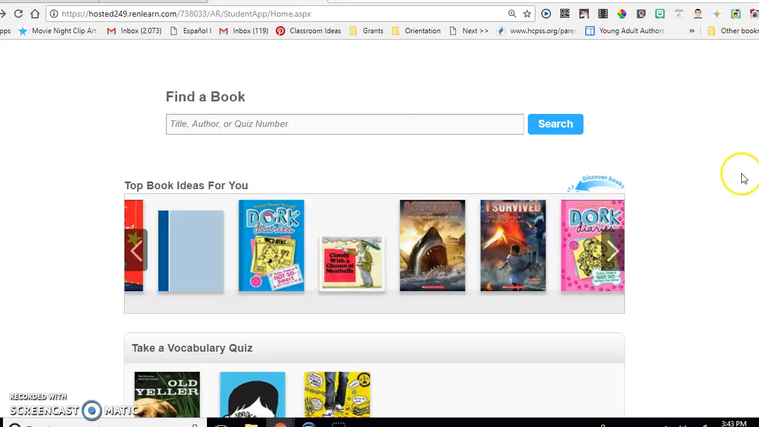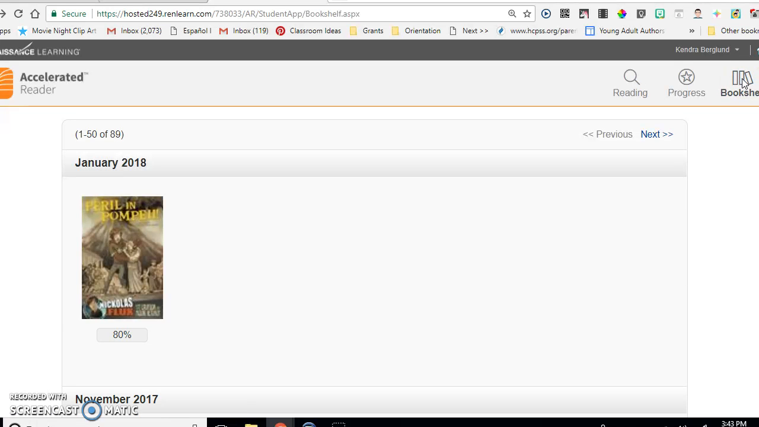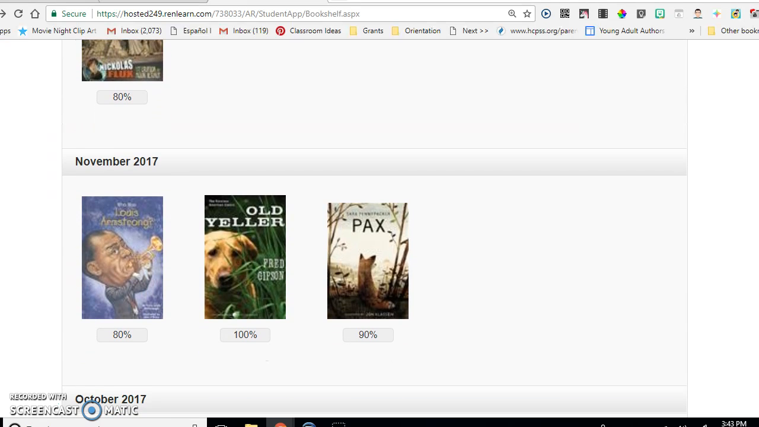I'm going to look in here next, and I'm going to click on the bookshelf. When I do that, I can see the most recent books that I've read. I can see that I've actually read 89 books from 3rd grade, 4th grade, and 5th grade. The most recent book scored 80% in January. Watch as I scroll down. 3 books in November,